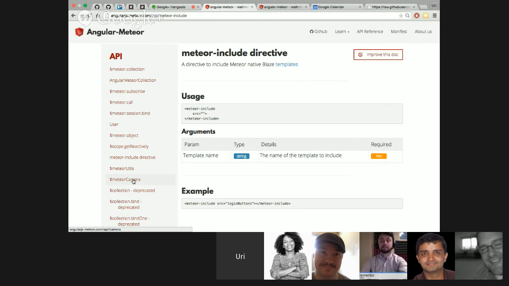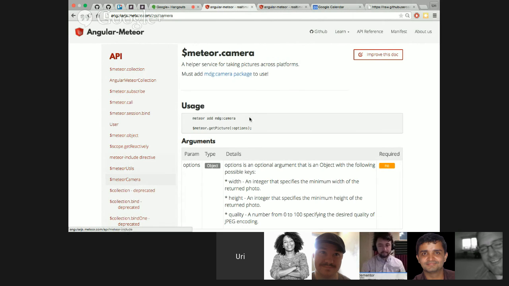Another thing that is very important to show is Meteor camera. Why is that interesting? Because Meteor's camera package shows you that you can take a picture, and I showed it a bit at ngconf with the example. You can take the same API and use it to get a picture on your laptop and on your mobile phone.